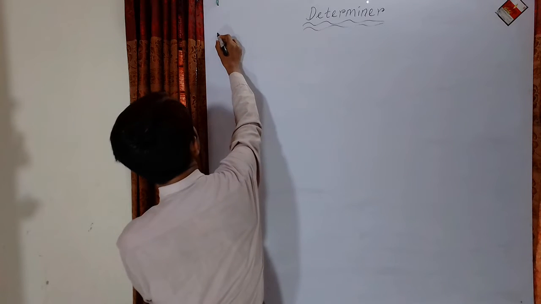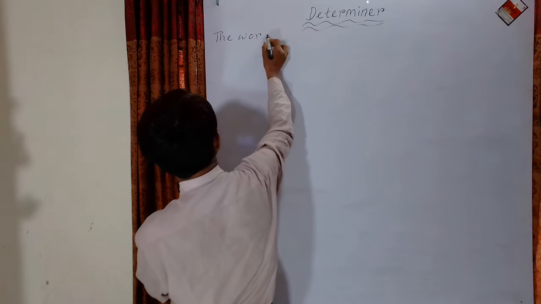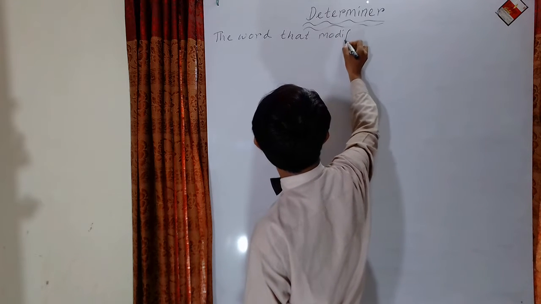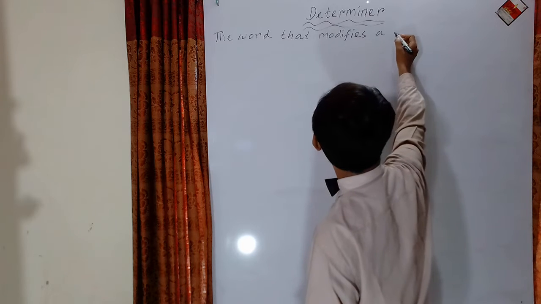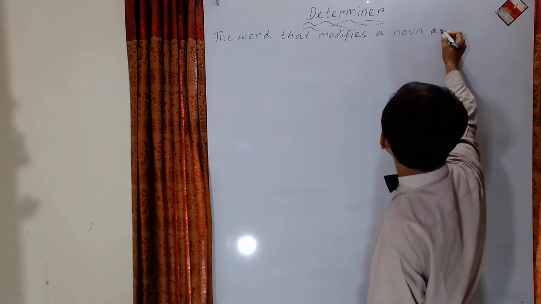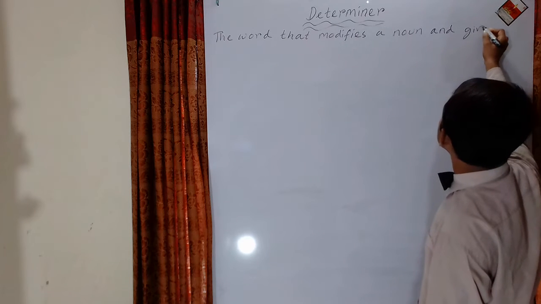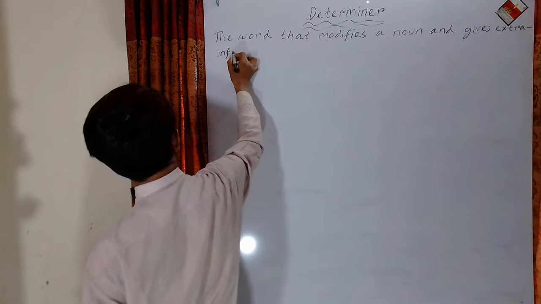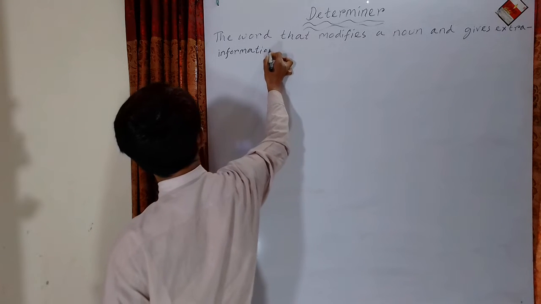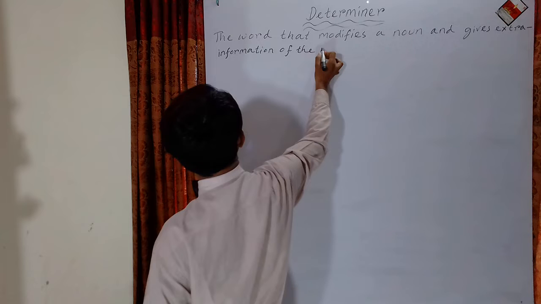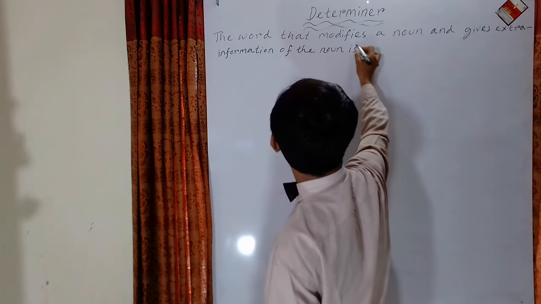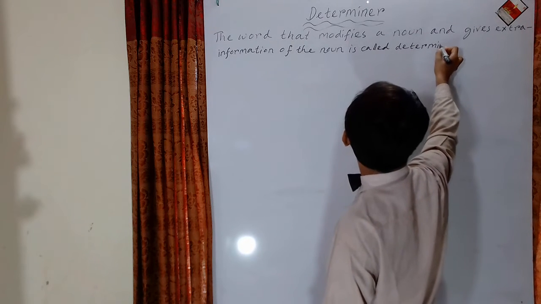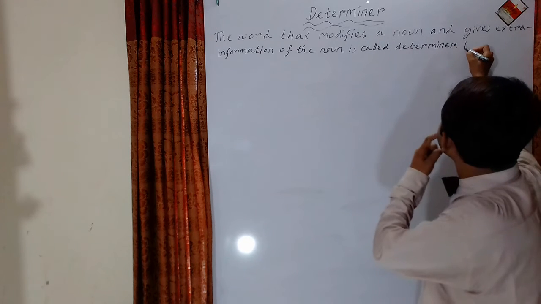The word that modifies a noun and gives extra information of the noun is called determiner. For example,